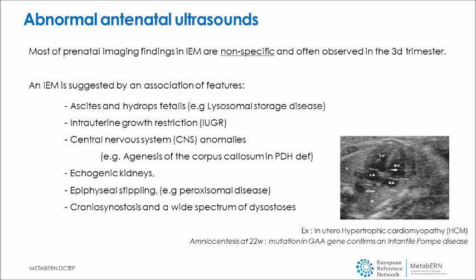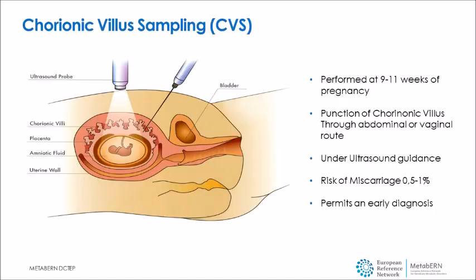On the right-hand side of the slide, a picture of an in utero hypertrophic cardiomyopathy, which was confirmed to be an infantile Pompe disease after the amniocentesis at 22 weeks of pregnancy confirmed the presence of a mutation in the gene of acid maltase. An invasive procedure for prenatal diagnosis is the CVS, or chorionic villus sampling, performed usually between